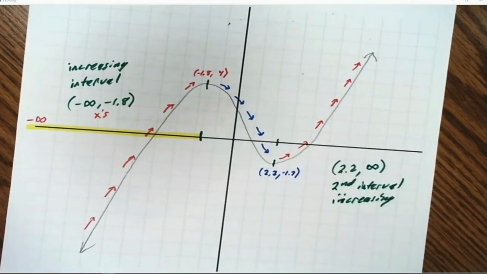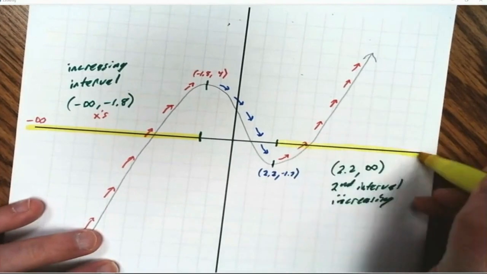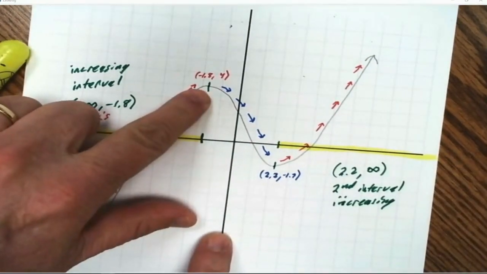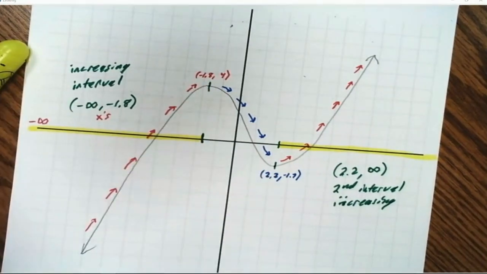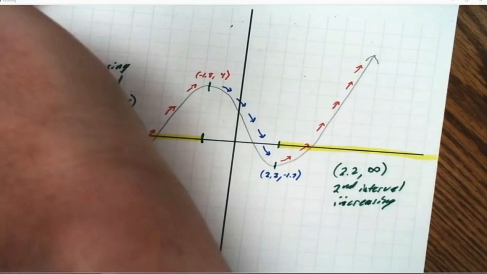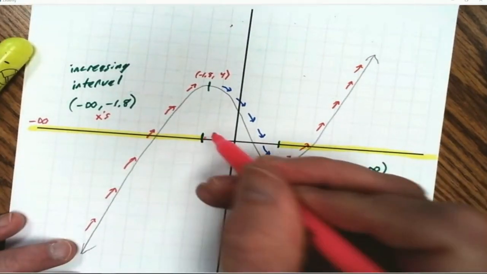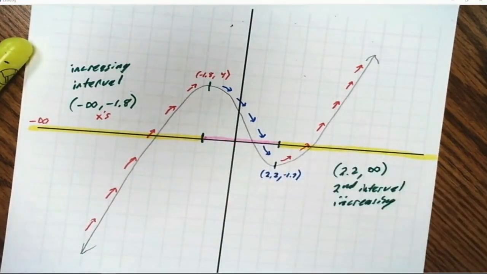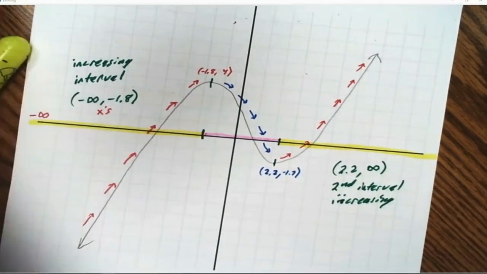Now, in between there, so this was the other increasing interval right there, right? Starting right there and going forever. In between there, the graph decreased. It started at 4 and decreased down to 1.7. So what's the interval where that happened? Well, when x was right here at negative 1.8, it started decreasing, and it kept decreasing all the way until 2.2, where it was flat once again. So the decreasing interval,